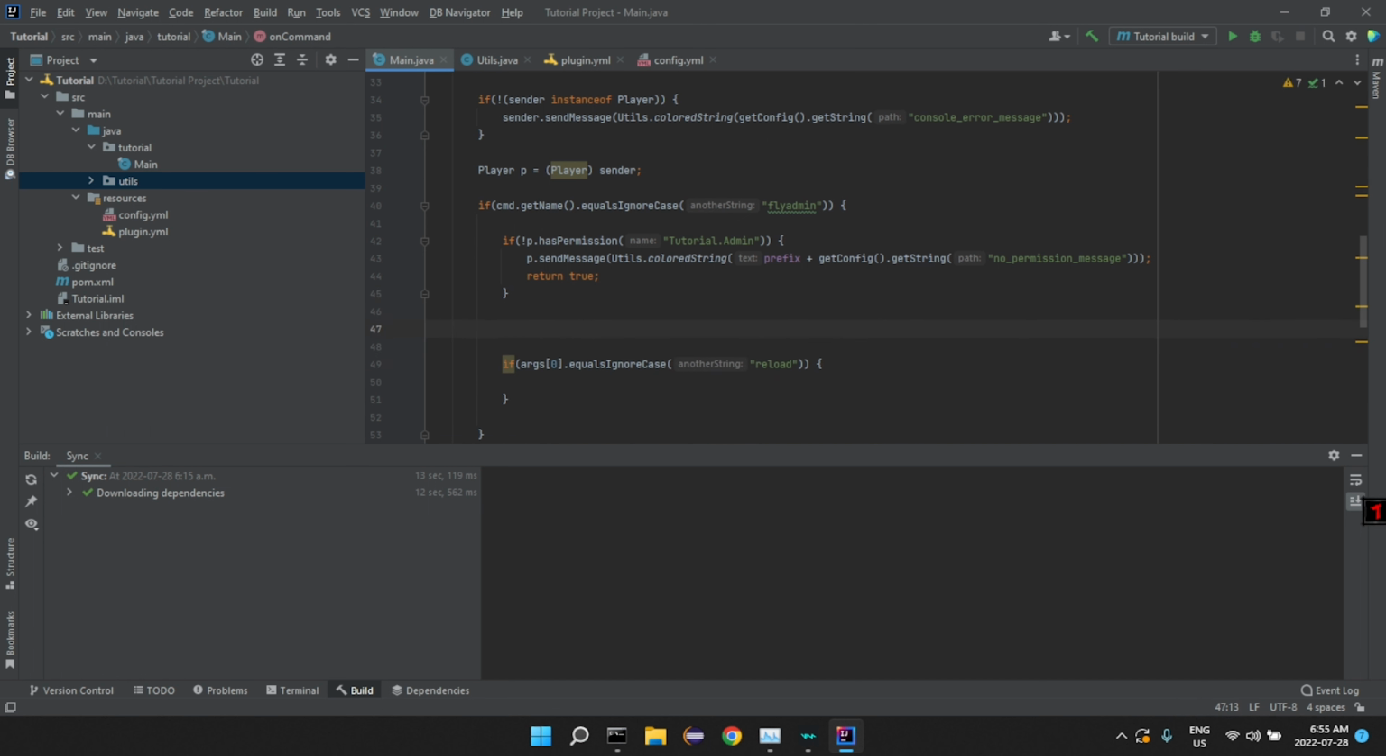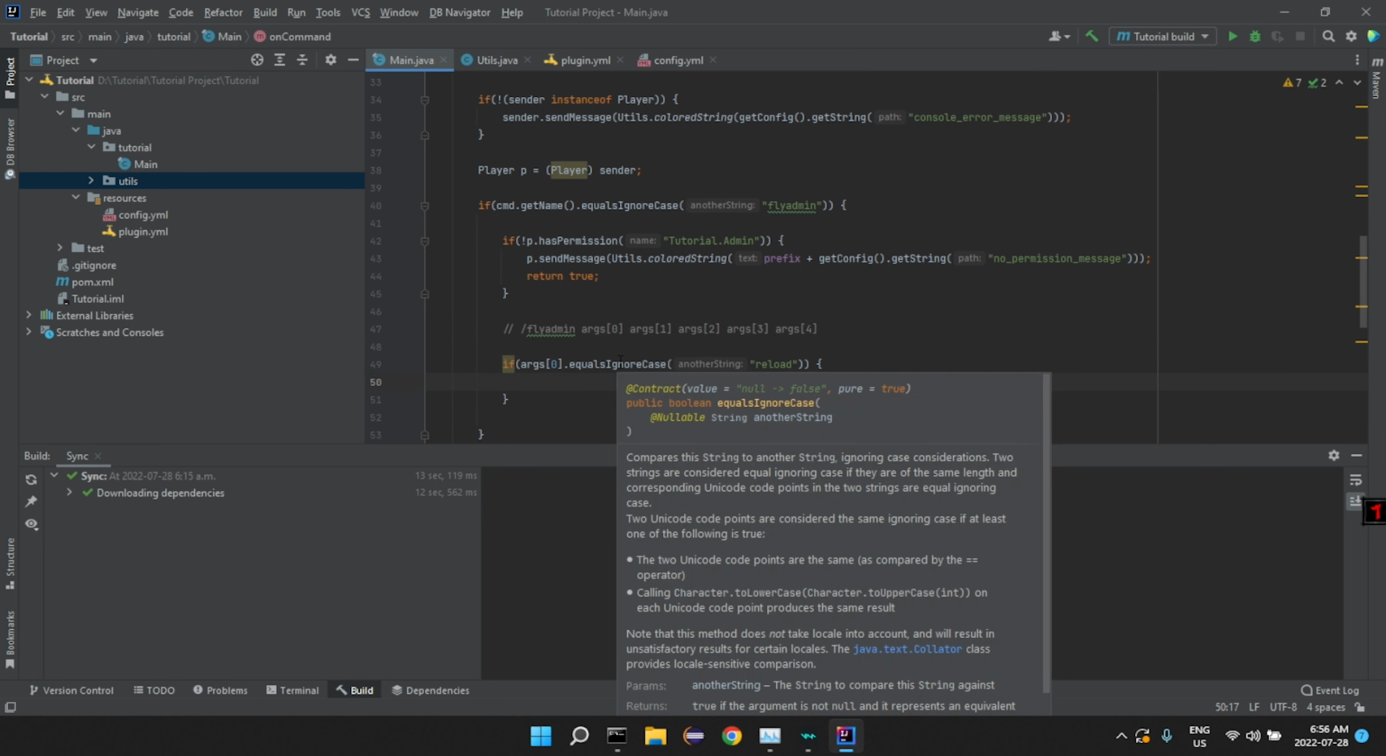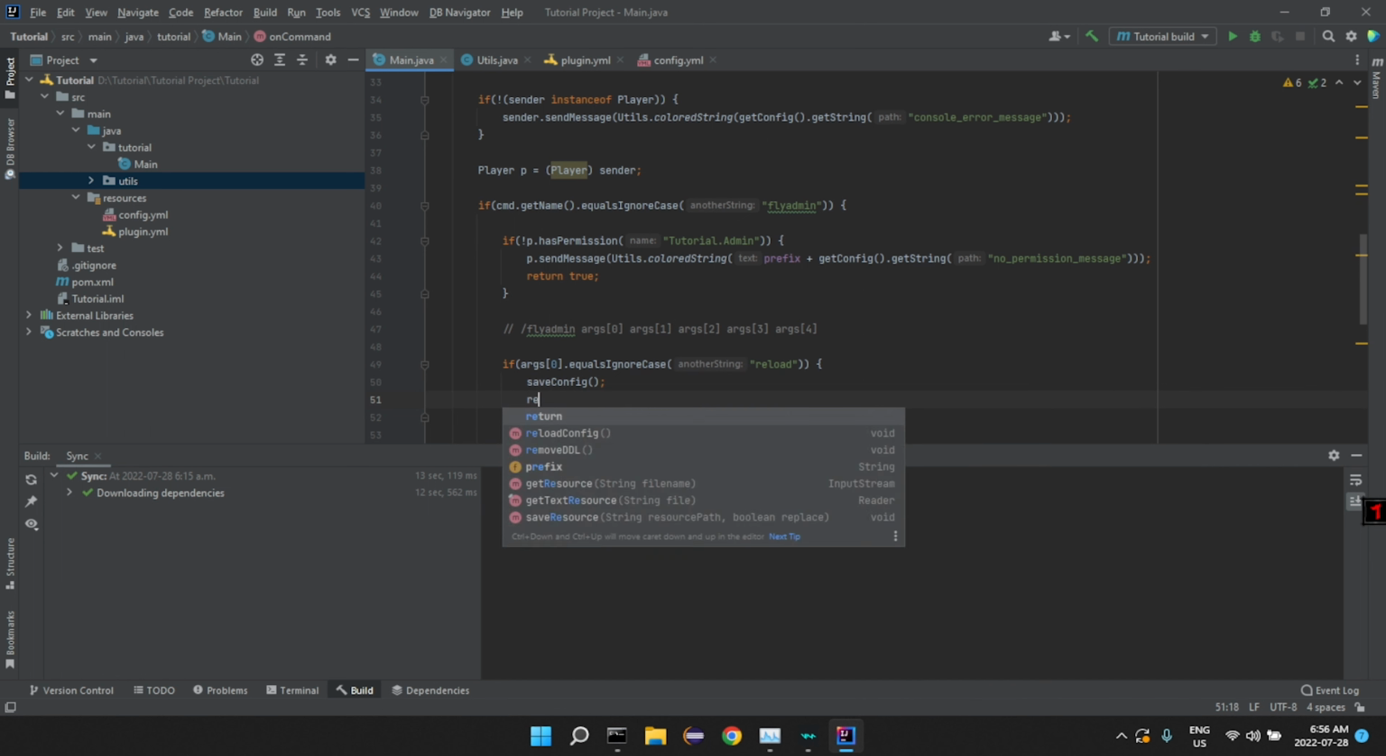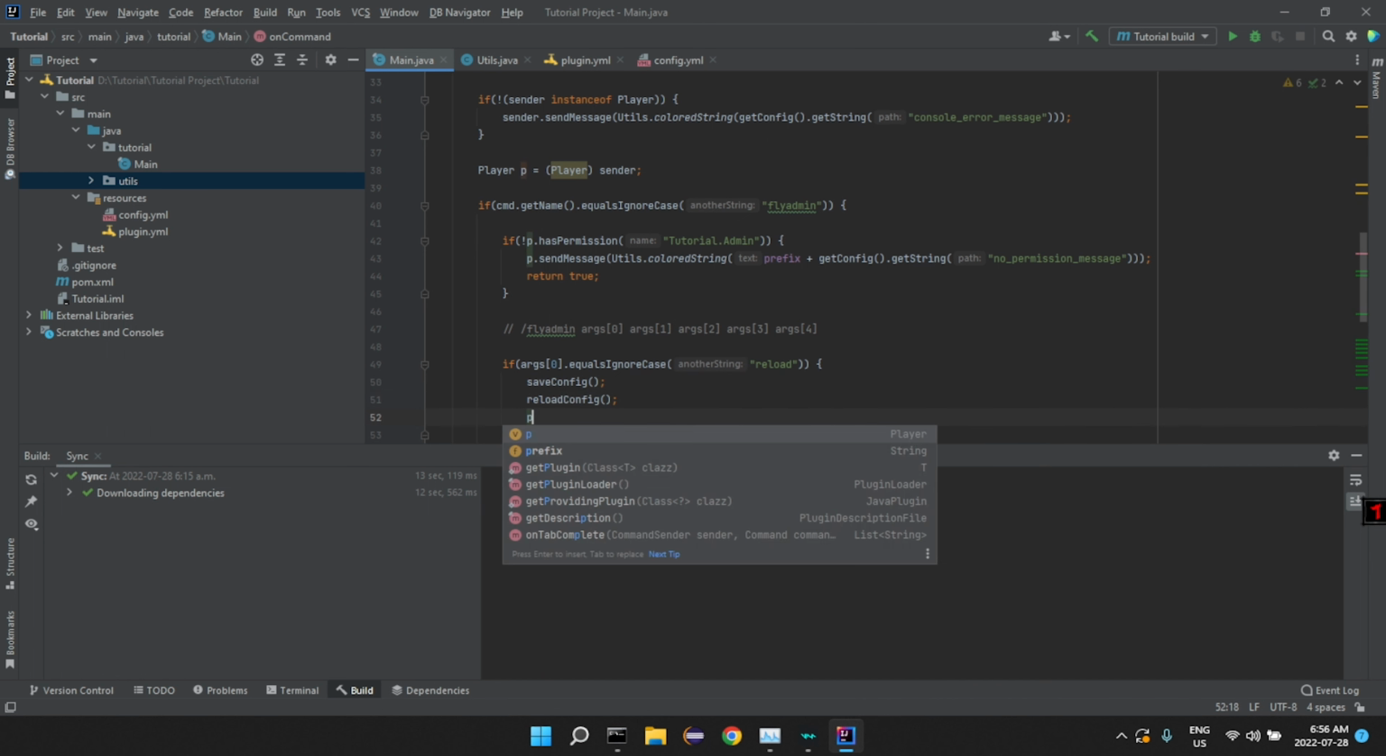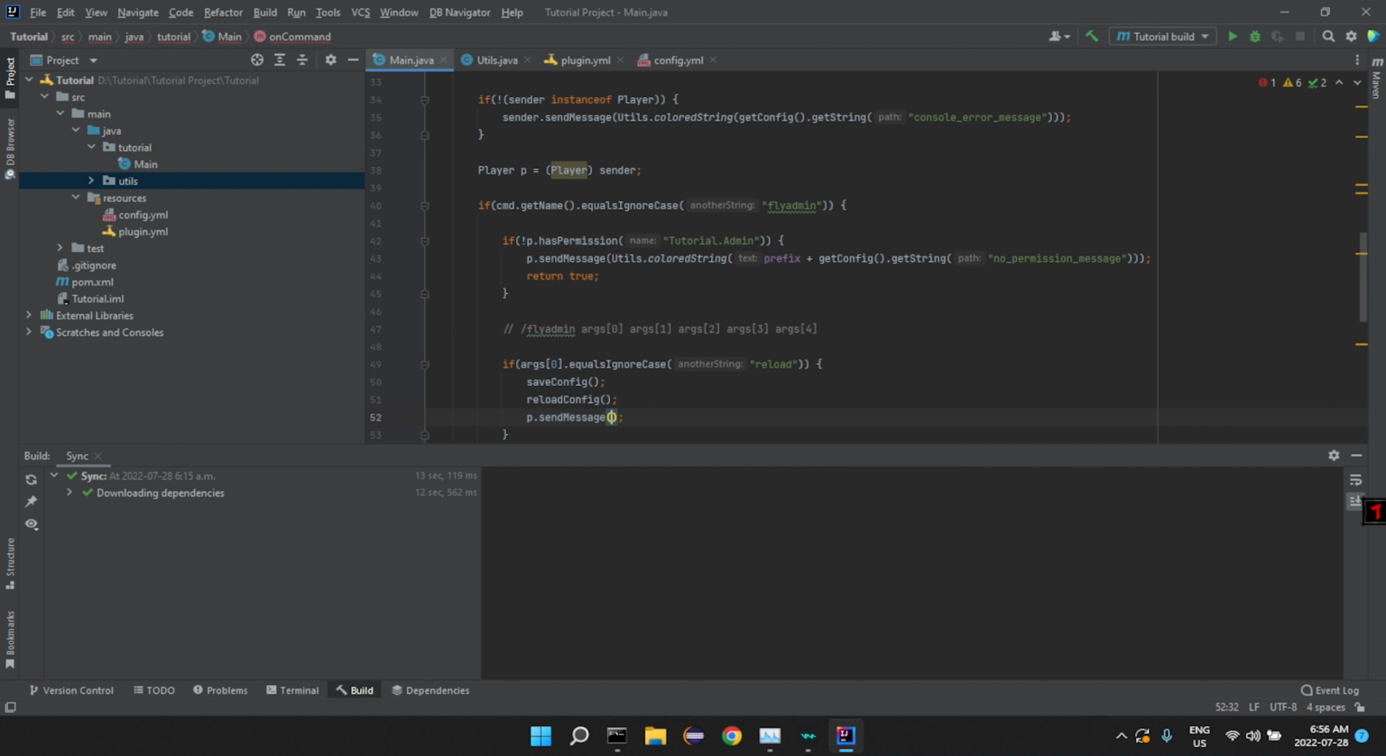So the way this works is when you're doing a command like slash fly admin, there are arguments. This is args[0], this is args[1], 2, 3, 4. So it always counts at 0 first, and then it adds 1. So we're just checking if this first one is reload, then it's going to do whatever is in here, which in this case, we can do save config, reload config, then p.sendMessage,